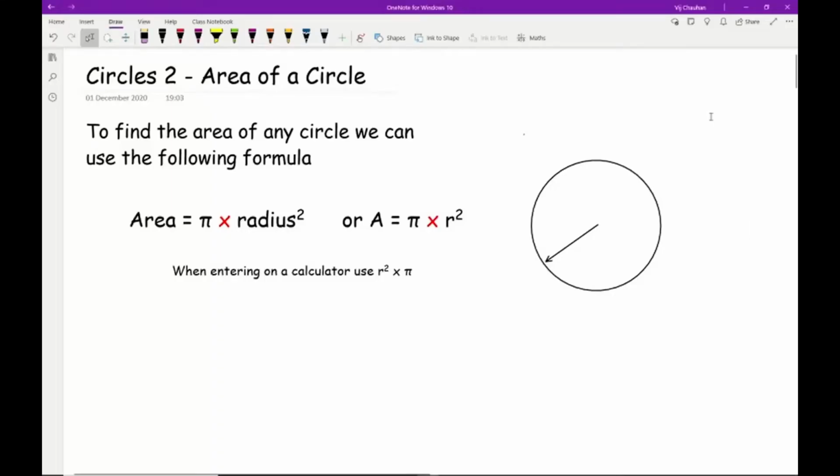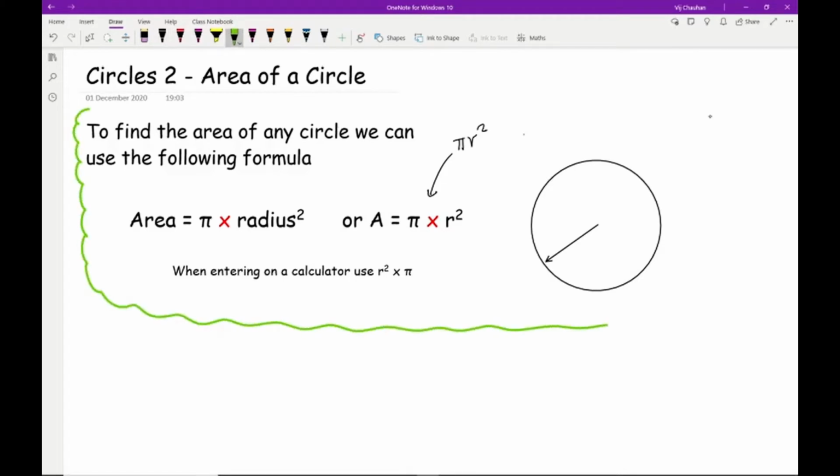So to find the area of any circle we can use the following formula, and that formula is that the area of a circle is equal to pi times the radius squared. Now this is more commonly known in its more algebraic form of A equals pi r squared. So if I just make a little note, we tend to write it like so. Obviously the x is not an x, the x represents multiplying, and that is definitely worthy of putting in your notes with the diagram, that the area of a circle is calculated by doing pi times